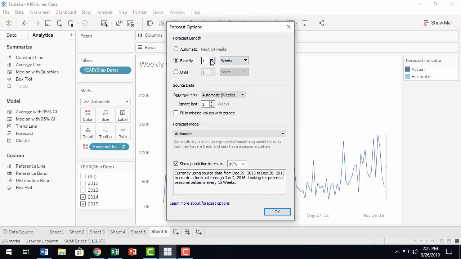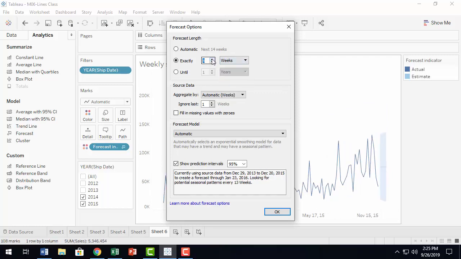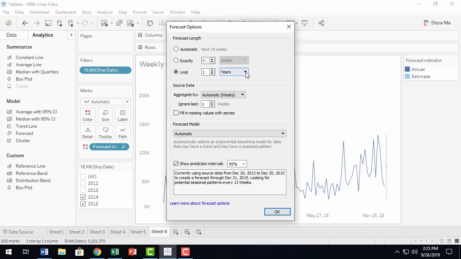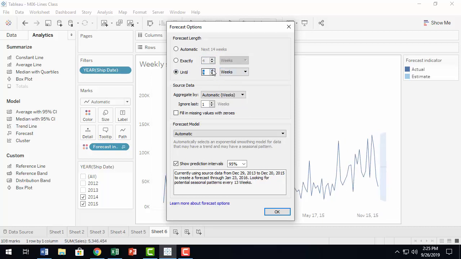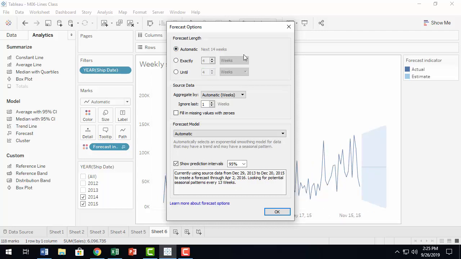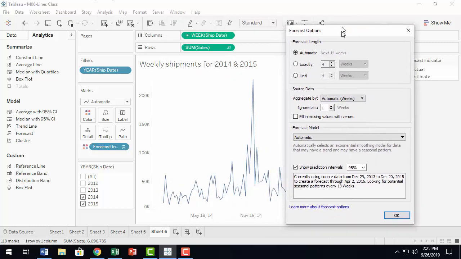So you say you want 4 weeks, or you can have until whatever. So you have that option of how long out you want to go for forecasting. Then the source of data is automatically generated based on the granularity of the visualization. Right now, the weekly data is the